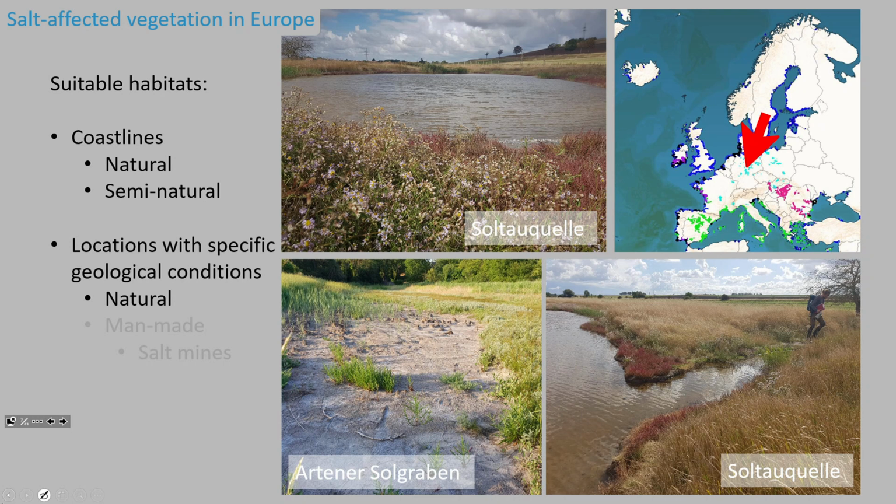So the northern part of Germany was once a shallow ocean, and we had salty conditions there. And from those times, we still have deposits left that are quite close to the ground in some parts. And when we have situations like here, where water presses up to the top,